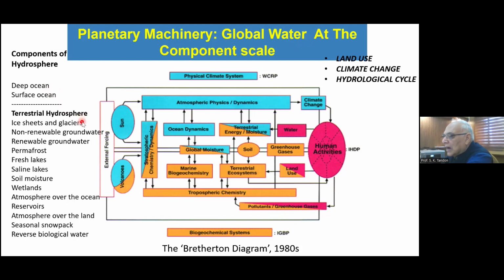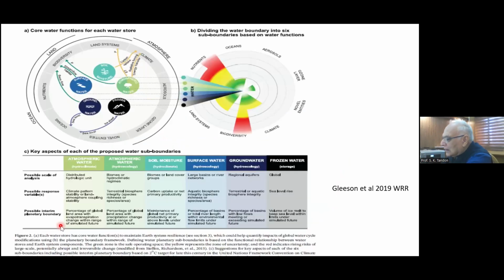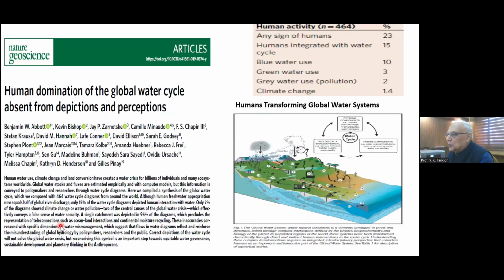Terrestrial hydrosphere is composed of the ice sheets and glaciers impacted by humans, non-renewable groundwater impacted to a very low degree yet, renewable groundwater impacted by humans, permafrost impacted by humans, fresh lakes impacted by humans, saline lakes impacted by humans, soil moisture impacted by humans, wetlands impacted, atmosphere impacted, atmosphere over the land impacted, seasonal snowpack impacted. So almost all components stand impacted. I'll skip this. However, despite this kind of intervention and interference that we have seen over this period of several